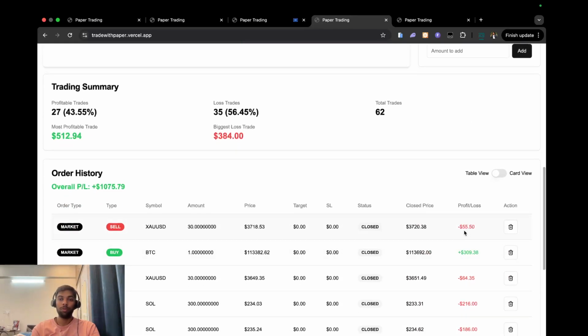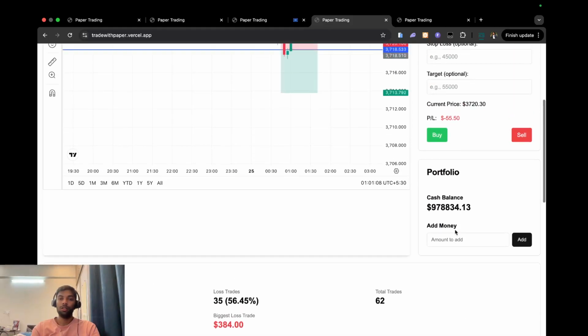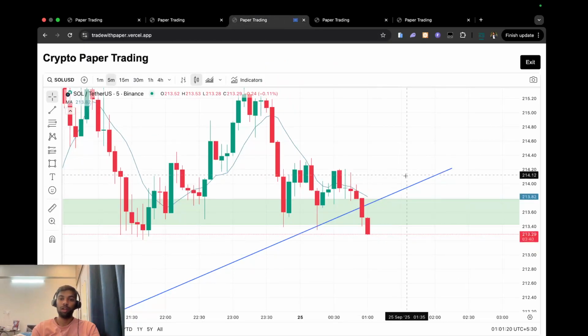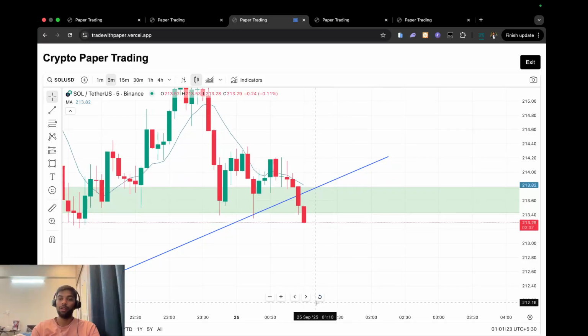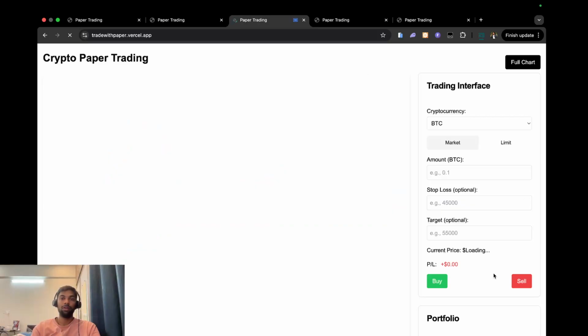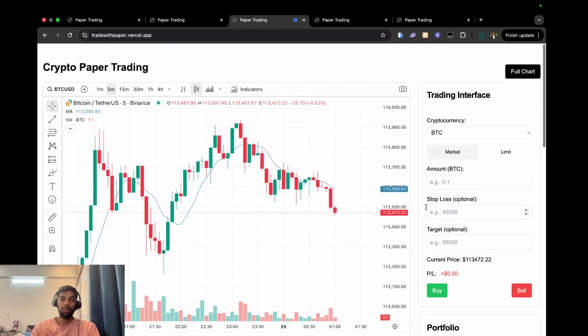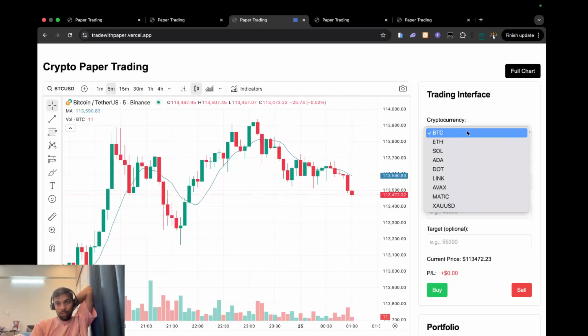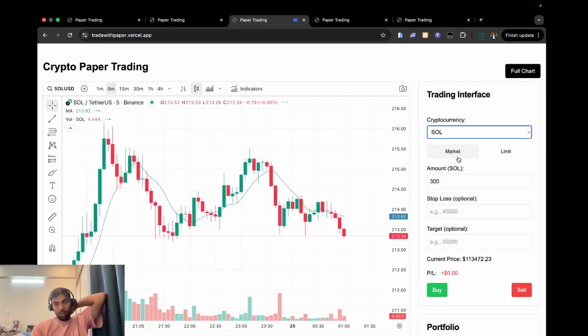So I booked my stop loss, guys, in gold, because the market reversed from this particular point. I thought that the market will continue lower lows, but the market trapped us, and there is a trade in Solana, so I am jumping in Solana. Let me take a trade in Solana. So let me refresh it, because I have to book my stop, guys, I am jumping in Solana with